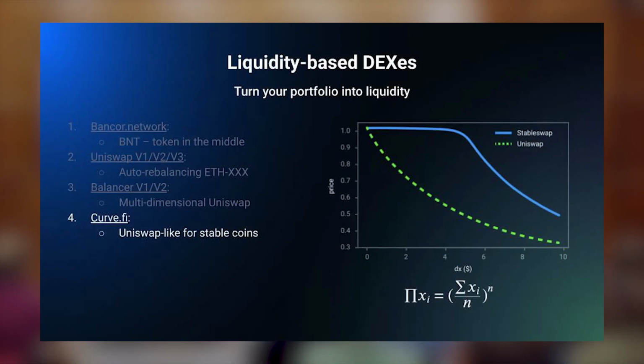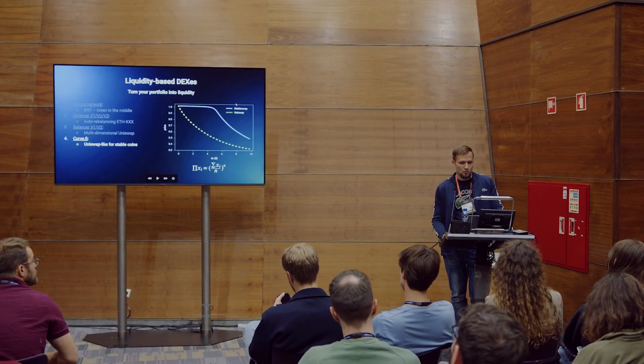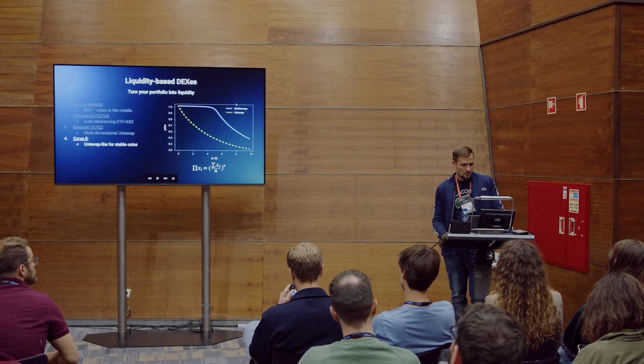And one more interesting project appeared in 2020 after Balancer. It was Curve. It was almost like Uniswap, but the formula was different, and the core idea of this formula was to introduce super small slippage for lower liquidity. Having the same liquidity in Uniswap and Curve would give you much better exchange rates at Curve. That's because Curve pools assume that you have stablecoins of the same asset, like stablecoins of USD, like USDC and USDT and DAI, or maybe stablecoins for Ether, like sETH, Rapid Ether, something else Ether, aETH, maybe Aave Ether.